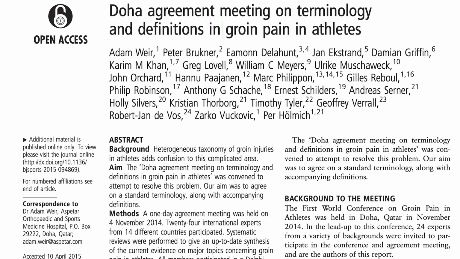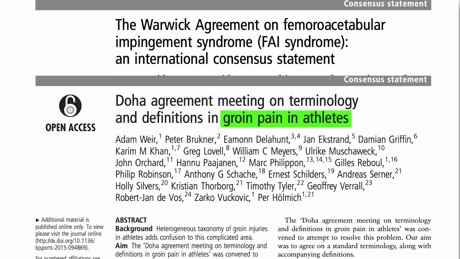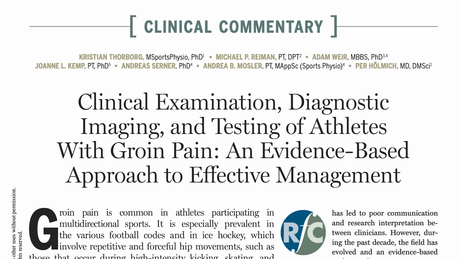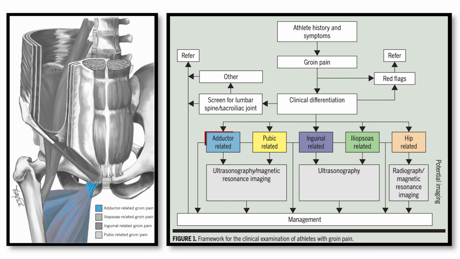Diagnosis. Groin pain in athletes is often classified based on the work of Ware et al. in 2015, Griffin et al. in 2016, and Thorborg et al. in 2018. Assuming that symptoms are unrelated to the lumbar spine, sacroiliac joint, or some other non-hip related condition, you might fall into one of 5 general categories: adductor-related groin pain, iliopsoas-related groin pain, inguinal-related groin pain, pubic-related groin pain, and hip-related groin pain, which includes anything that involves the hip joint itself, such as osteoarthritis, labral tears, and femoroacetabular